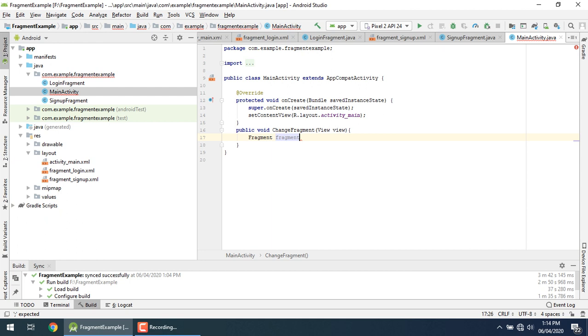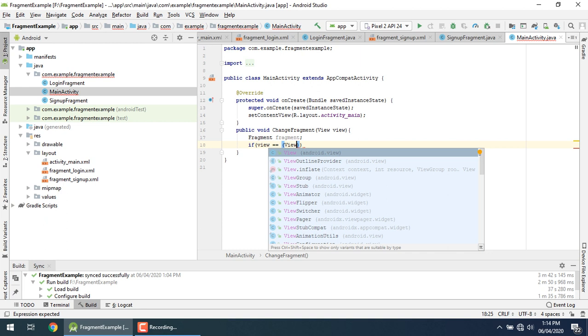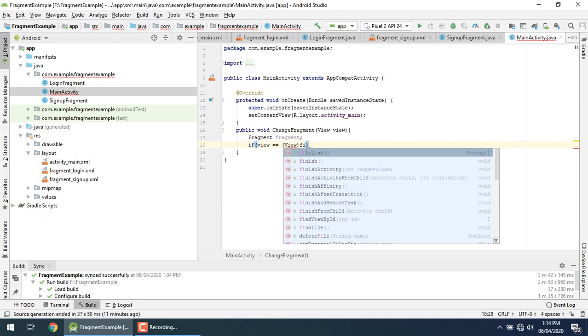The next thing I'm going to do is make an if condition. Inside the if condition I will check if the view clicked is okay. Here I will include the view,